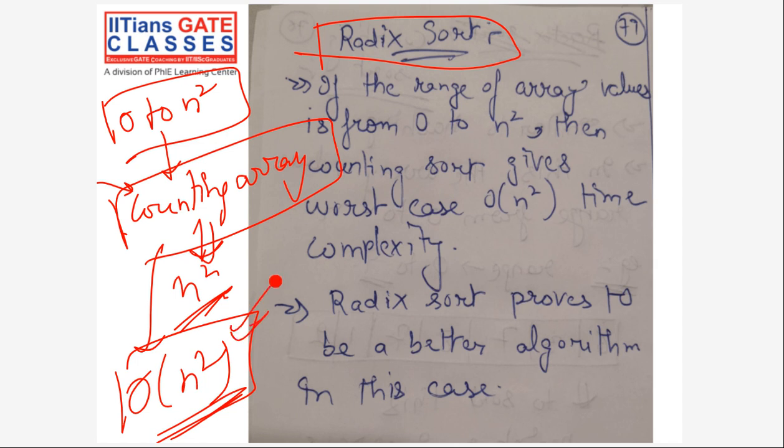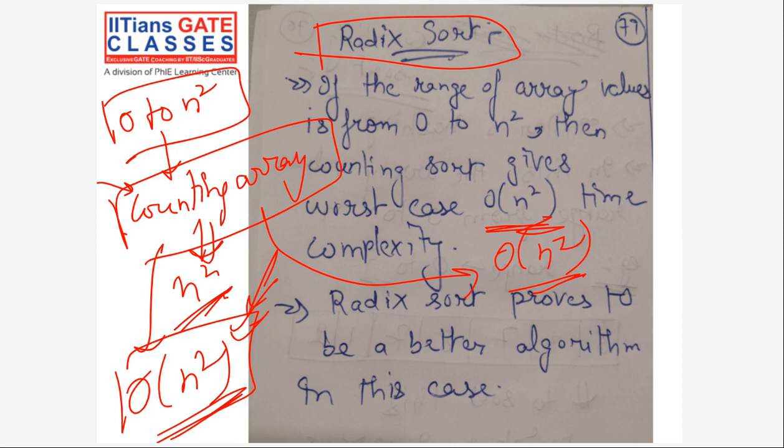So basically I have to be really careful with the range if I'm using counting sort. Counting sort gives worst case order n square time complexity if you change the range from 0 to n square. If you increase it to n cube and so on, it will start giving a lot worse. And remember one more thing, the counting array space also increases. Previously it was order of n, now it becomes order of n square. So the time and space here both depend on your counting array, and the counting array internally depends on the range of values you have. So that will be a trouble for us.